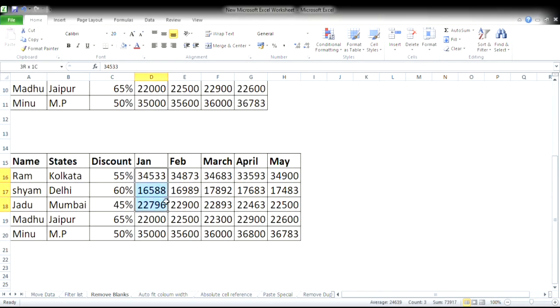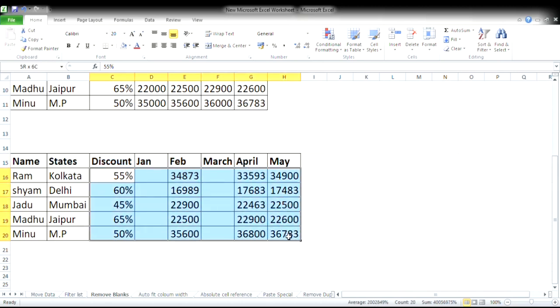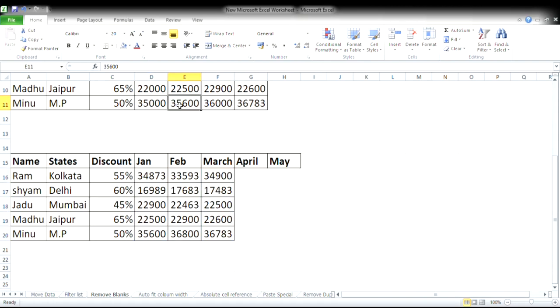So let's see again. This is the blank data, and if we want to remove all the blanks, how will we do it? We will select, go to the Find option, go to Special, then tick mark on Blanks and remove all the blanks: delete, shift cells left.